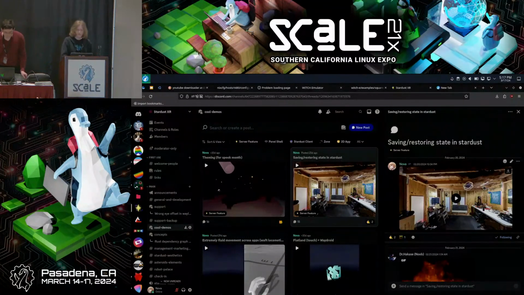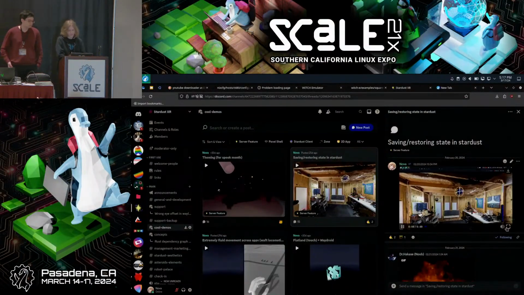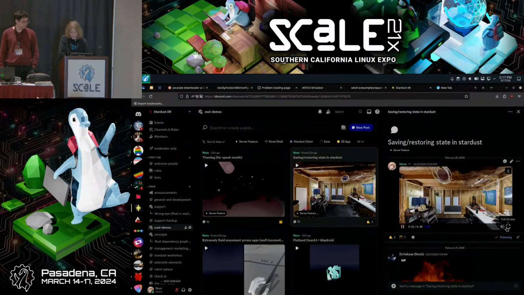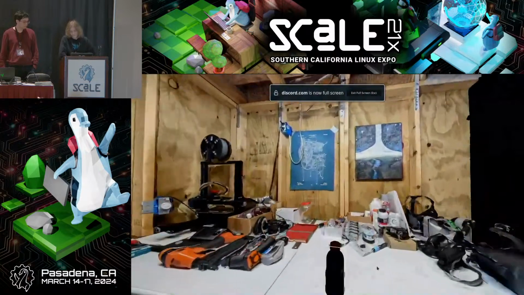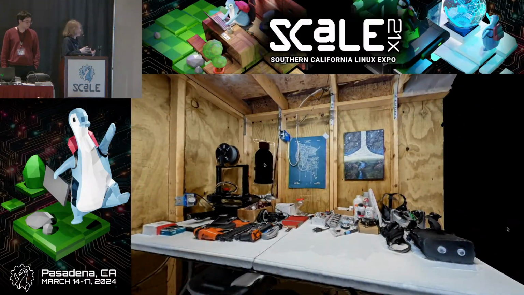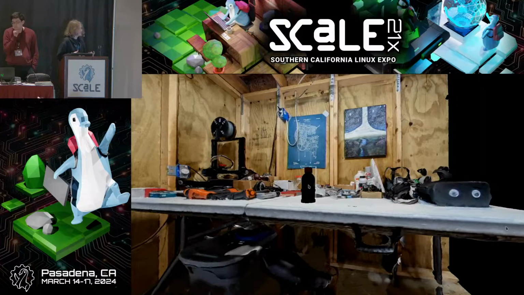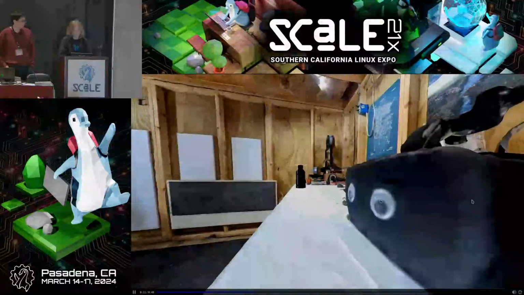Being at SCaLE those previous years taught me a ton about how to build and maintain a community. I'd been to the expo hall where people could share anything they wanted to. I'd been to talks where people could go into more specifics about exactly what they wanted. And what I've learned is that being inclusive, and having a place where people can share what they're doing, is incredibly important in order to make open source thrive.